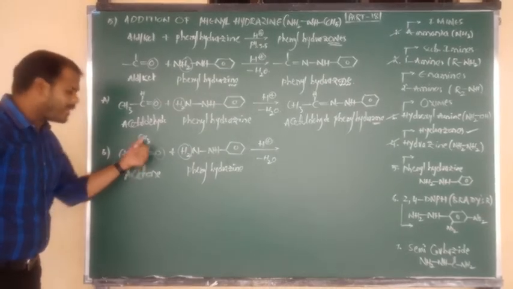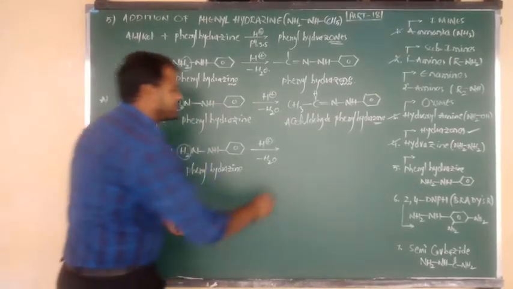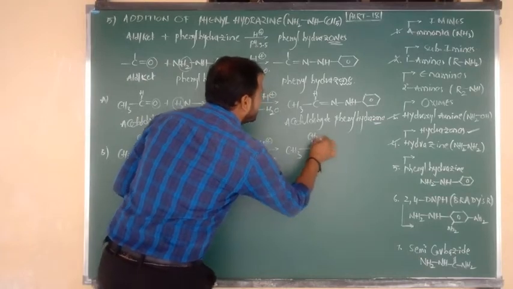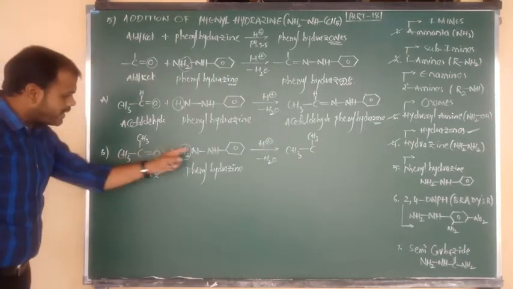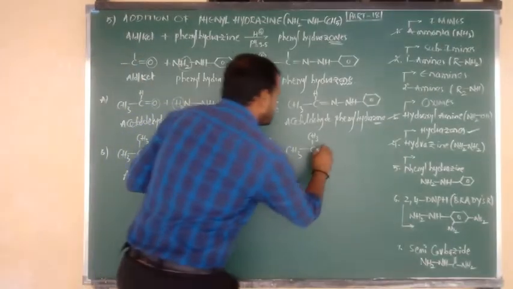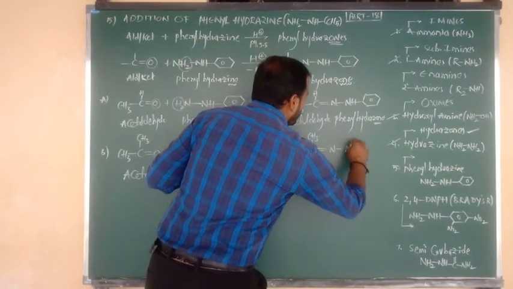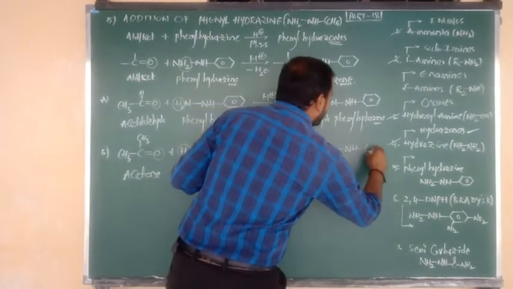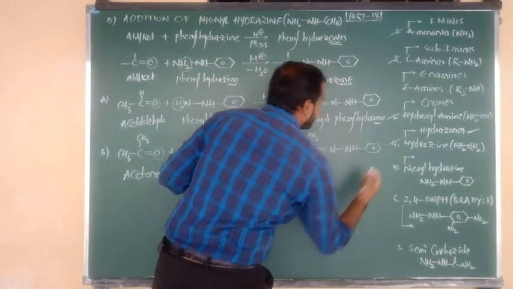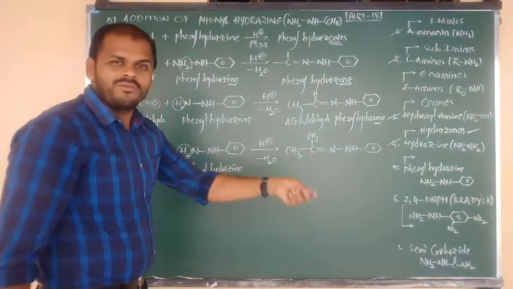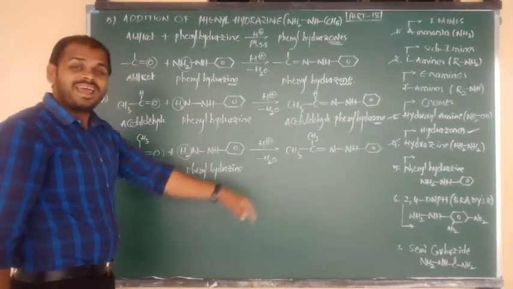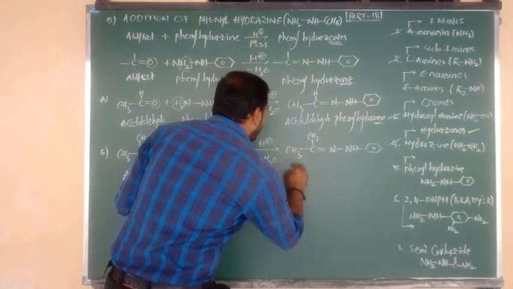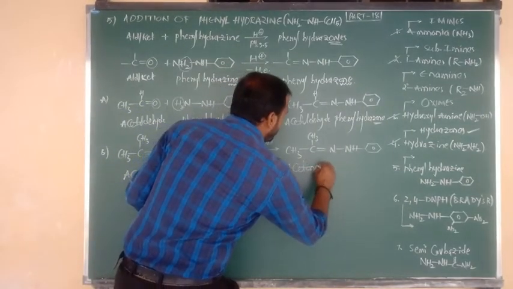So here upon carbon how many methyl groups are there? 2 methyl groups are there. CH3 bonded to C, in another plane CH3. C double bond N bonded to NH, and NH connected to phenyl group, also we can say C6H5. So that is nothing but what, beta? Phenyl hydrazone. But that phenyl hydrazone coming from where? Forming from acetone. So we have to say the compound name is called acetone phenyl hydrazone.